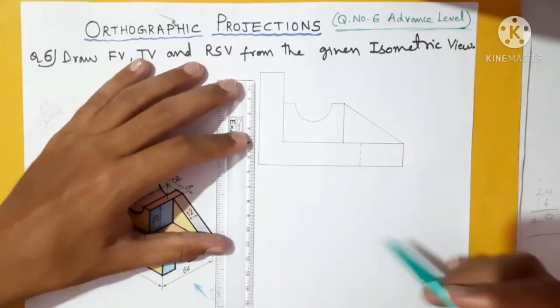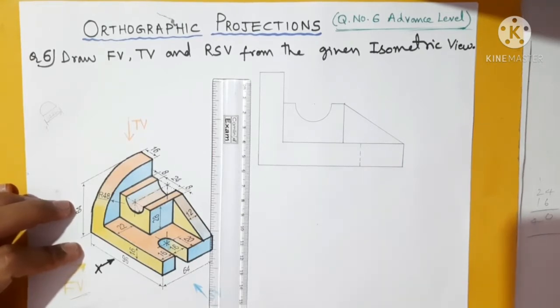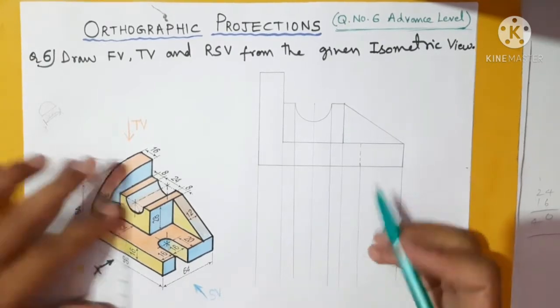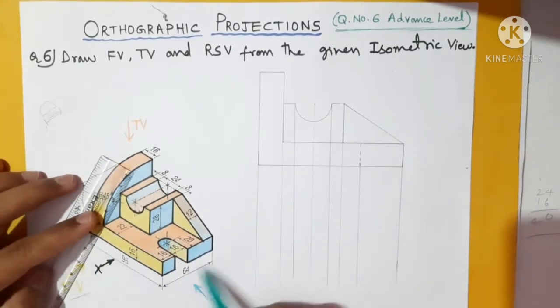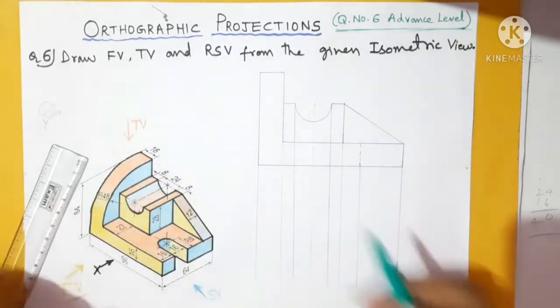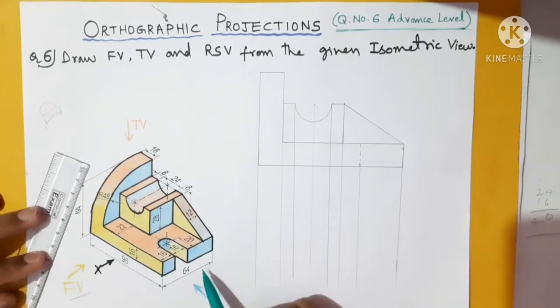By projecting all the lines, you will be getting top view. I will project all the lines quickly. So here I have projected all the lines vertically downward. Now we will draw the top view. In this direction the length is how much? 64. So overall this direction length is 64, which comes here in the top view, this distance. So let us see this 64 first.